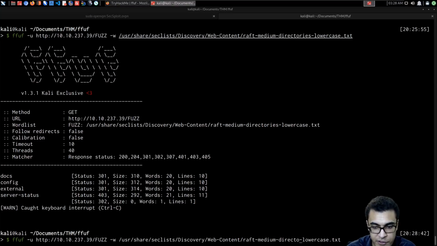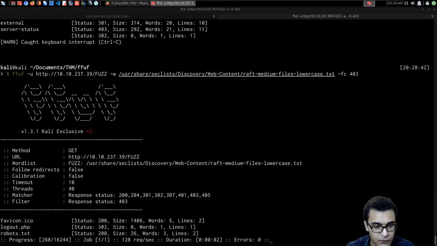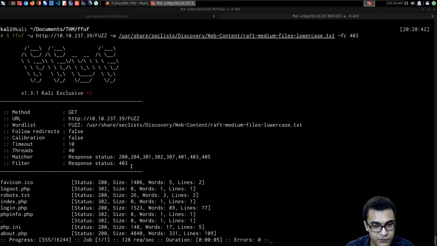Instead of directories, we're using files now. Yeah, that is correct. And then we say the filter code here is FC403, so we're filtering any responses with the HTTP response code 403. We hit enter. All right, as you can see, it tells you here the filter is 403, and now it